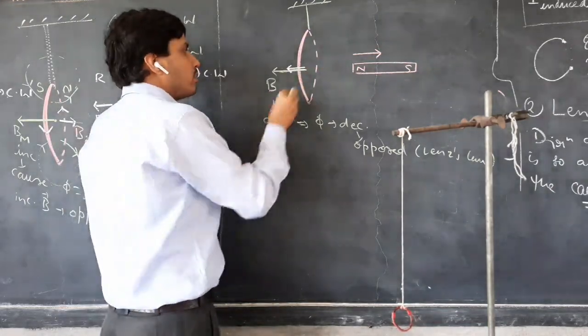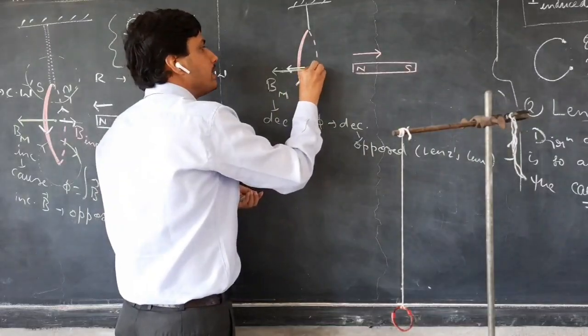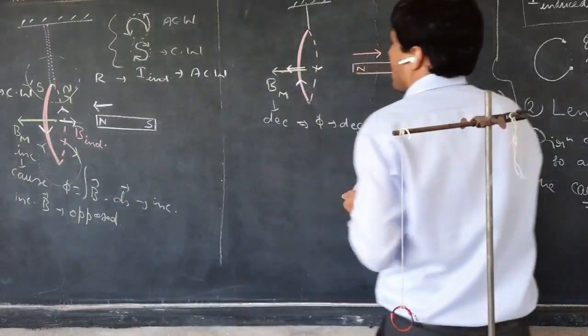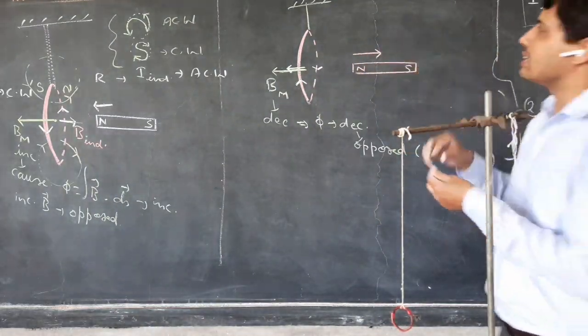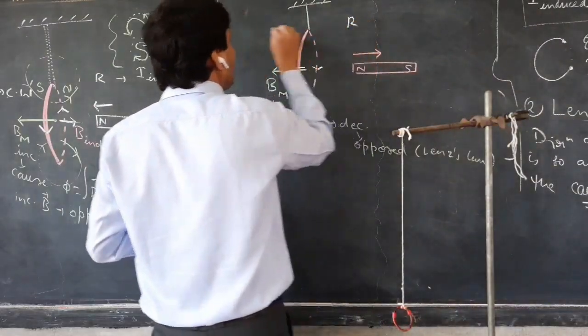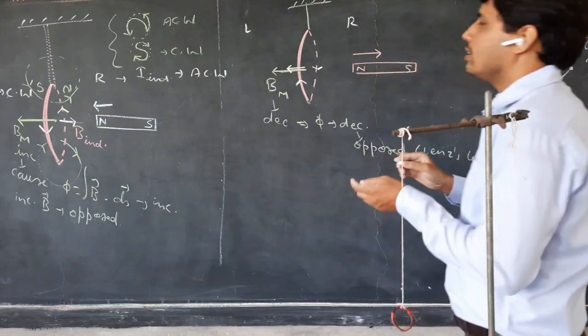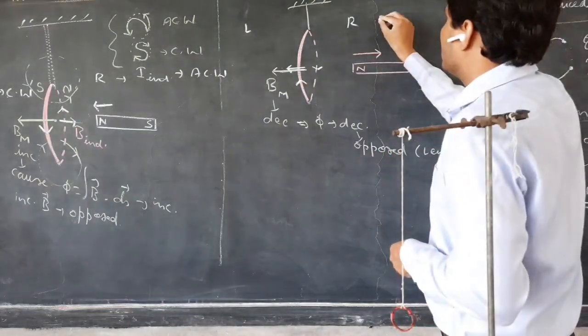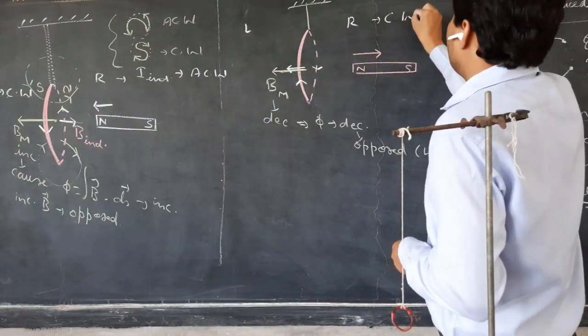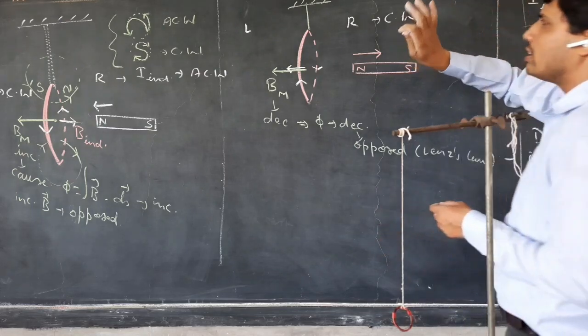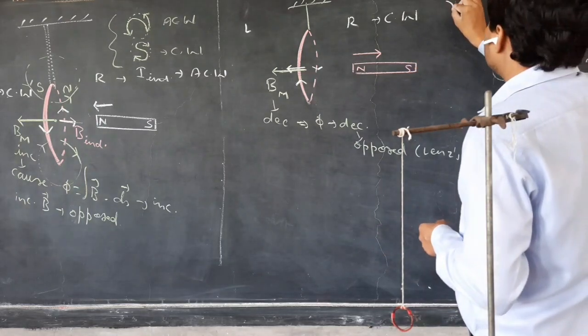So the pattern of magnetic field lines will be like so. And this you can see from this side, right side. It will be in which sense? That will be clockwise. And clockwise, I have told you, clockwise means like clock.